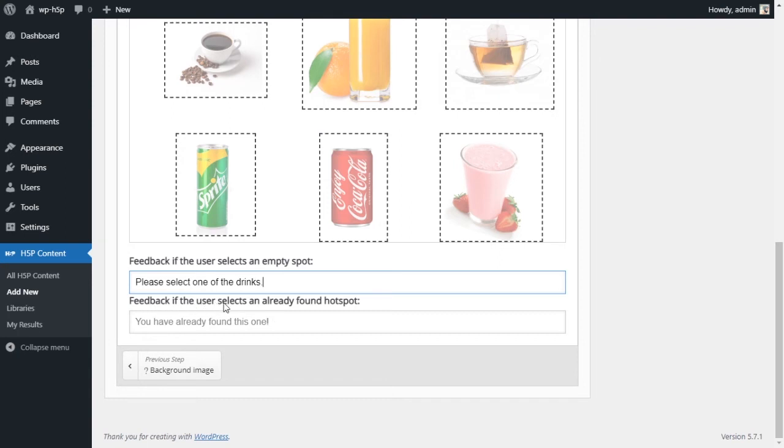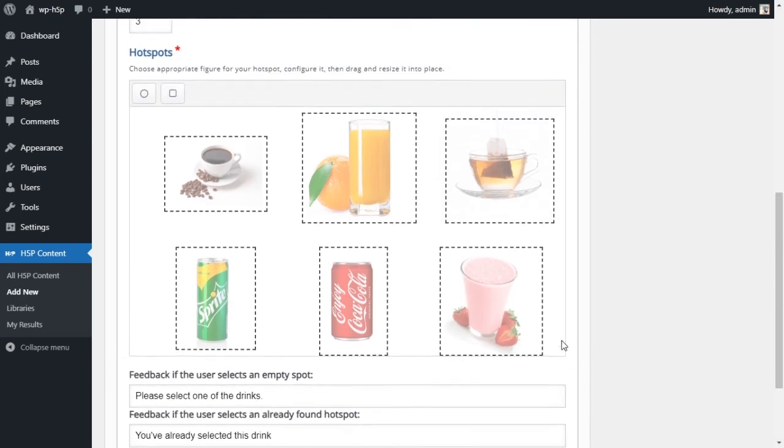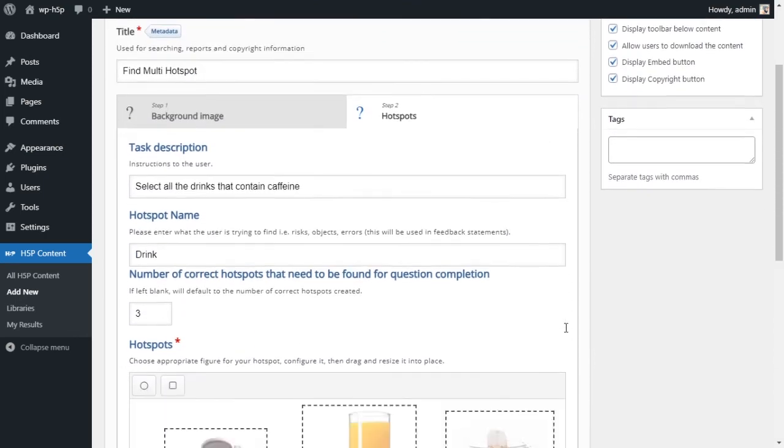And then feedback if the user selects an already found hotspot. You already found this, or you've already selected this drink. That is basically it. There aren't any more options, so